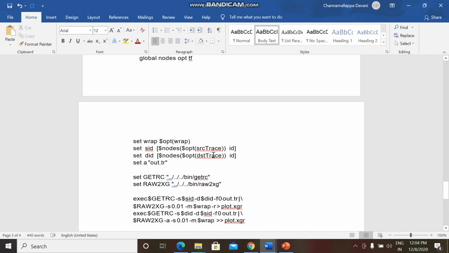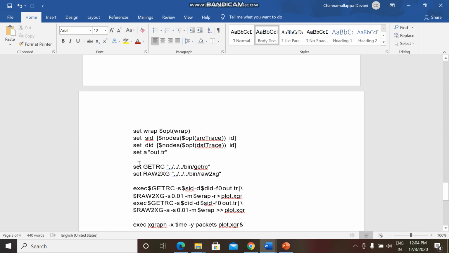the complete trace file of the sender is set to SID, the complete trace file of the destination is set to DID, and out.tr is set to a variable called A. Using these three variables, SID, DID and A, we are plotting the X graph.